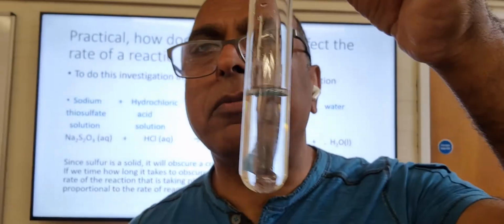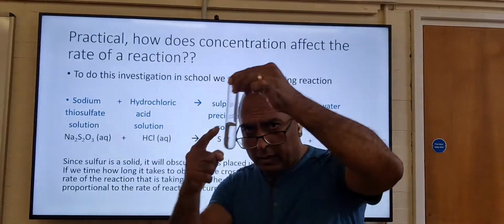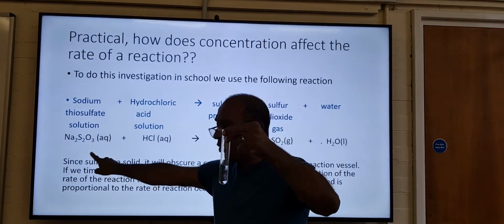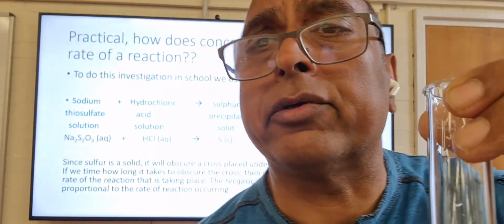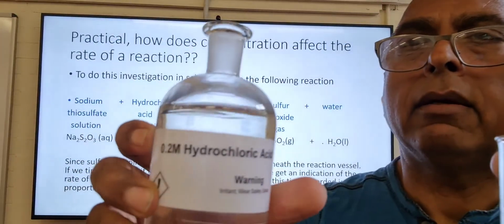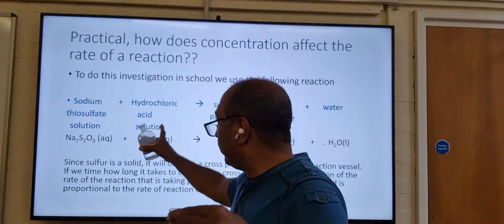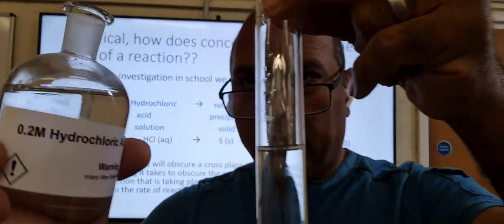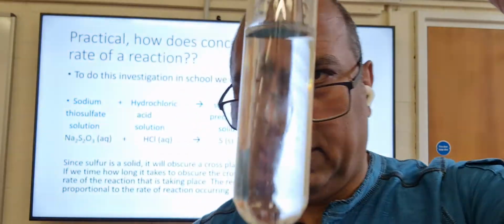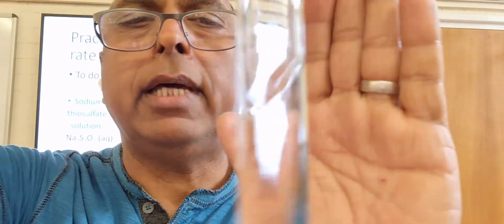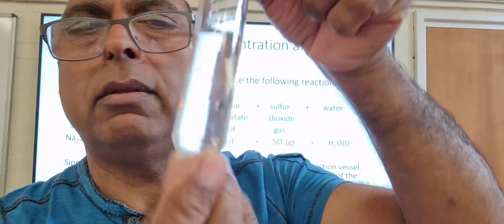So that is sodium thiosulfate solution. That is that. Sodium thiosulfate solution, sodium ions and thiosulfate ions. It's ionic. And here I've got hydrochloric acid. Hydrochloric acid is that. If I put some hydrochloric acid in, then you might be able to see that reaction going on. There will get